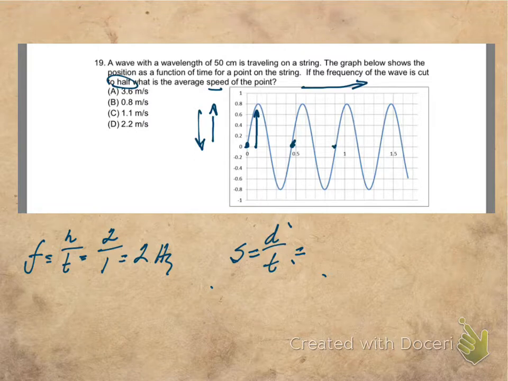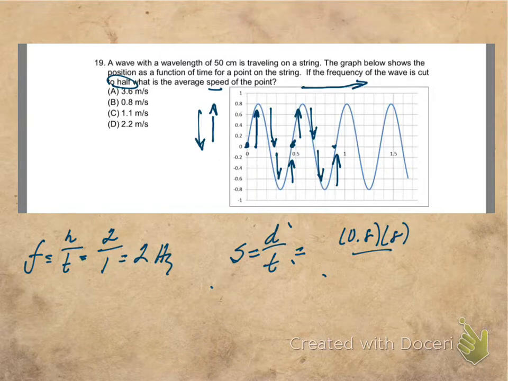0.8 meters, down 0.8, down 0.8, up 0.8, up 0.8, down 0.8, down 0.8, up 0.8. So it's going to do a distance of 0.8 times 8 times over a time of 1. So that's going to be 6.4 meters per second. So if we cut the frequency in half, that means instead of 2 hertz, let's cut